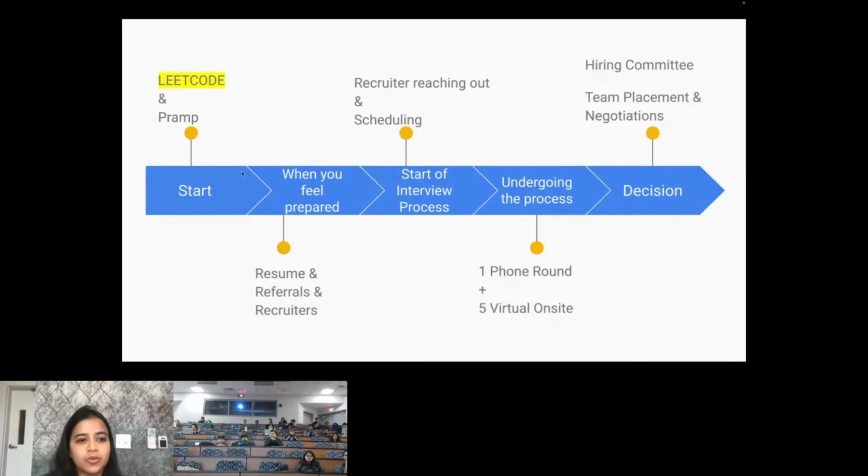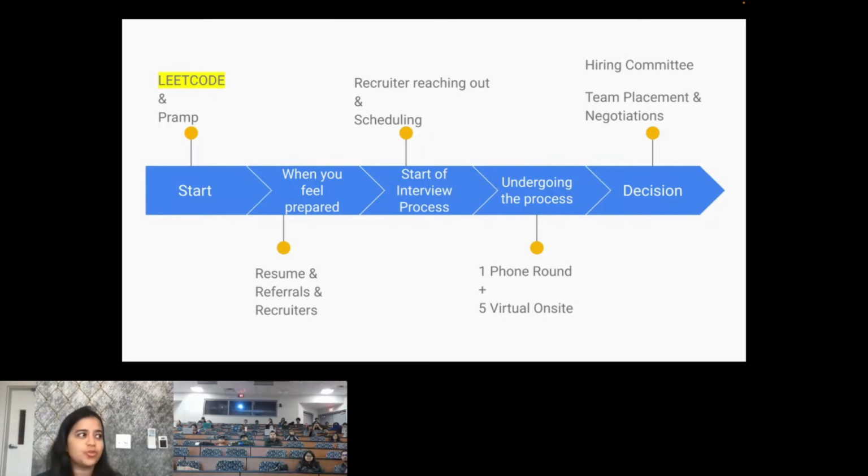I did not give a timeline here because obviously the timeline varies from person to person. In my personal experience, I started coding from May 2020 when COVID was just starting. And I think by the end of July I was feeling really comfortable to reach out to people. So that was around 3 months for me, but those 3 months were summer vacation and I did not leave home. From morning till night I used to be in front of Leetcode. That was my routine. And at night I used to watch Scooby-Doo. So that took me 3 months.